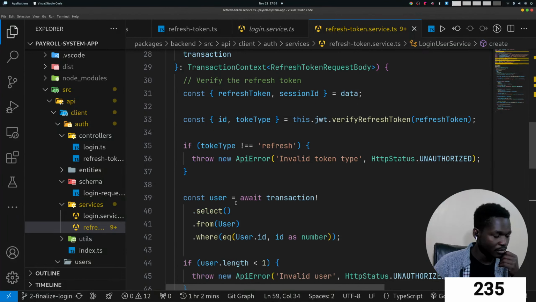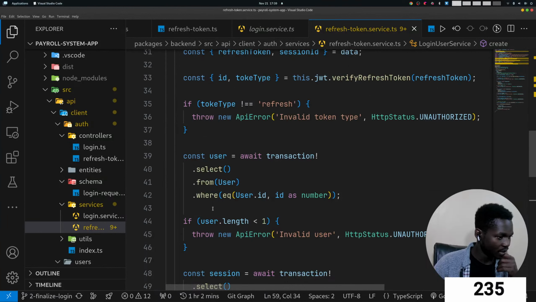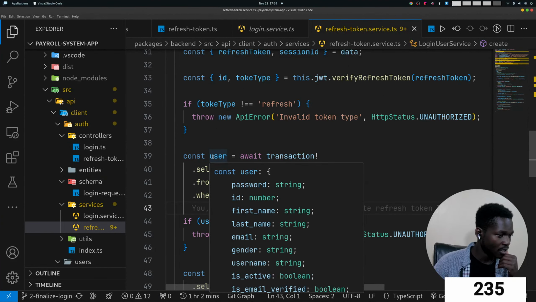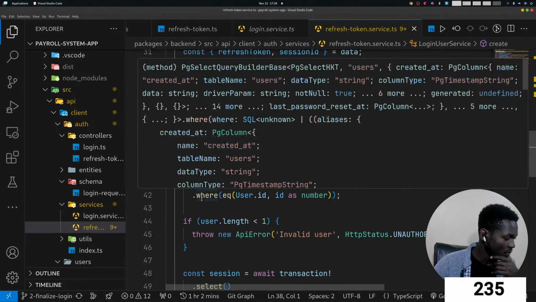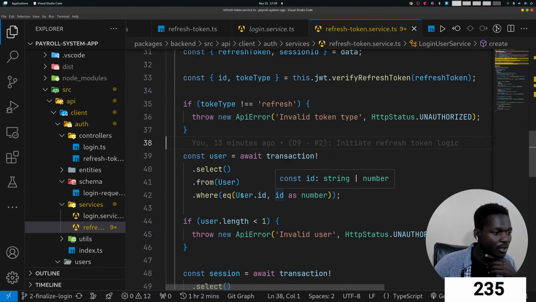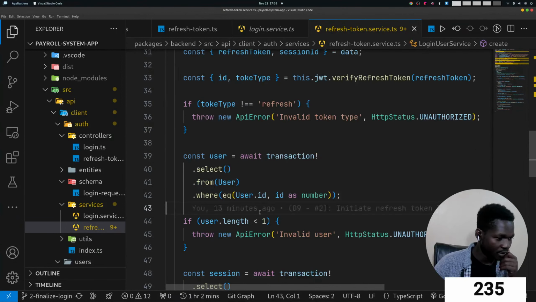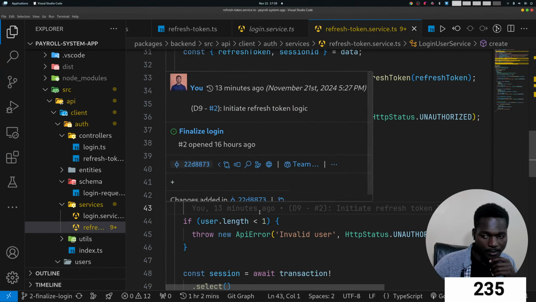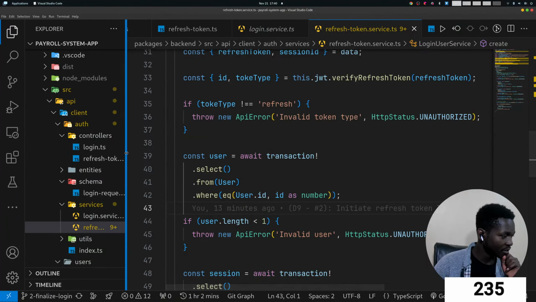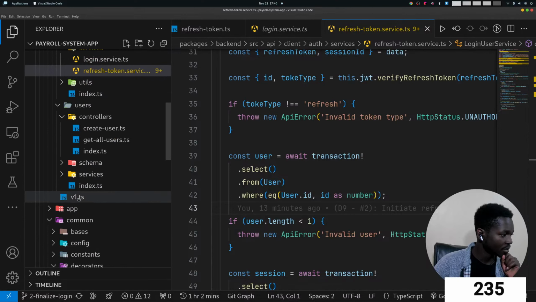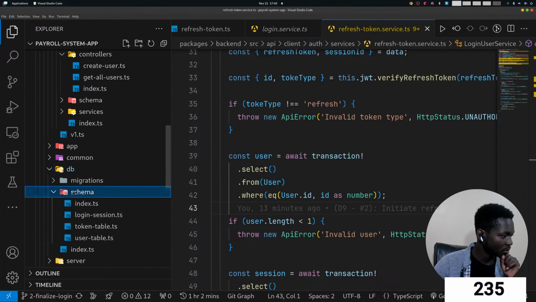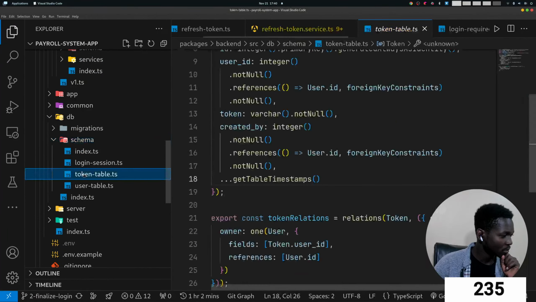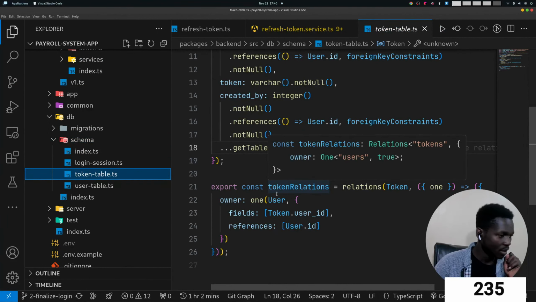Then for this case we'll get the user from the user ID, but what I want to do here is to just adjust our schema so that our tokens have, in the token table,